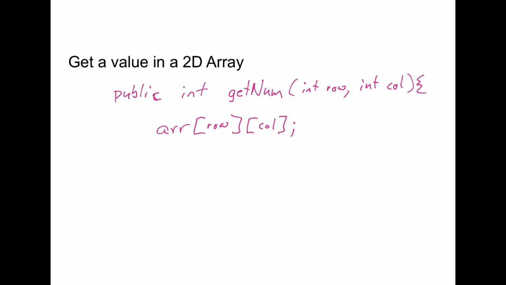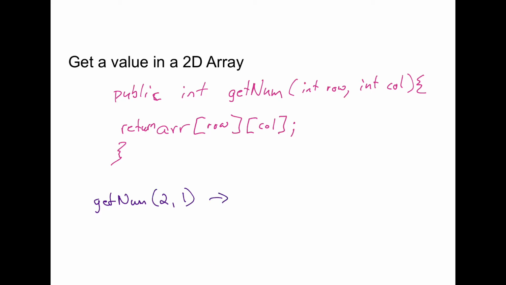And then we just want to return that. And that's it. So for example, if somebody calls this method getNum 2, 1,